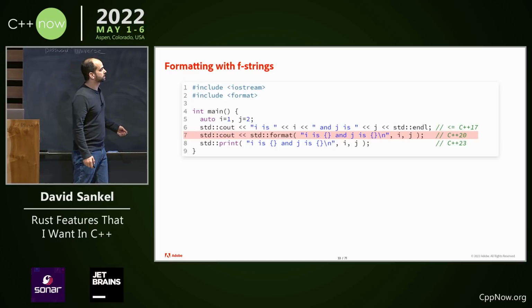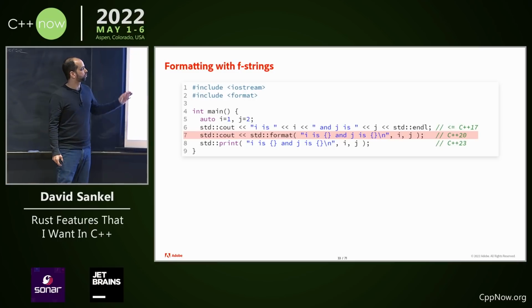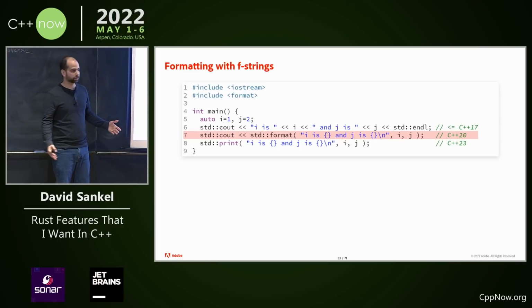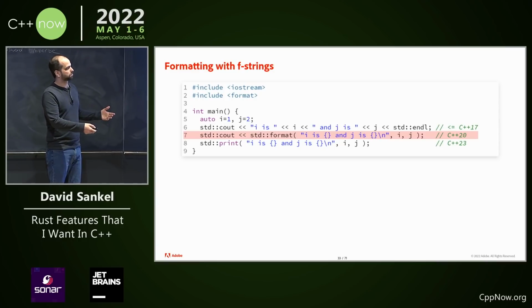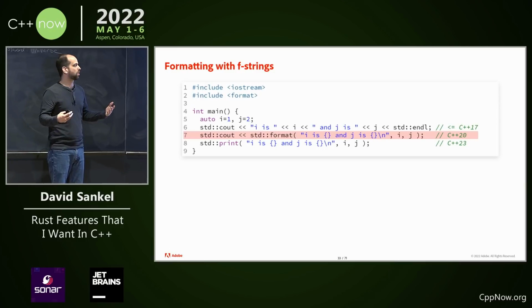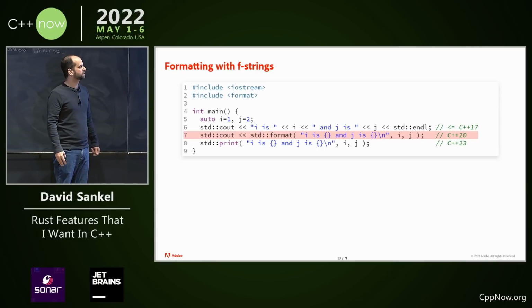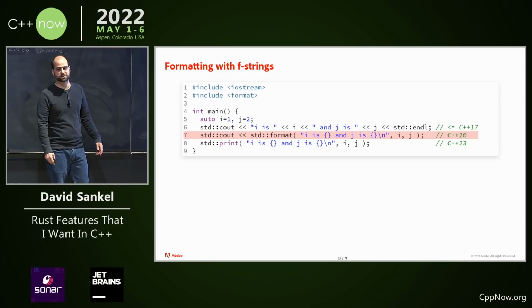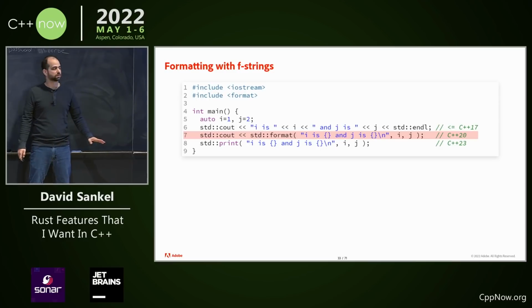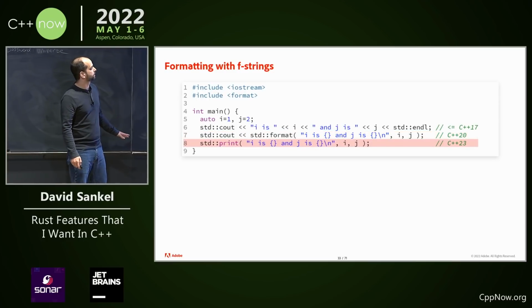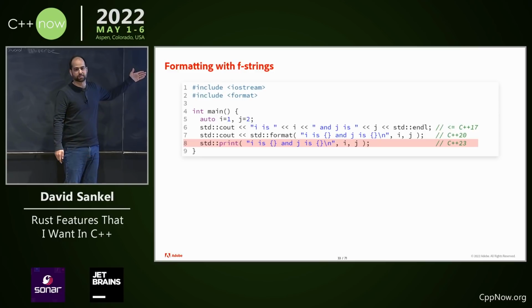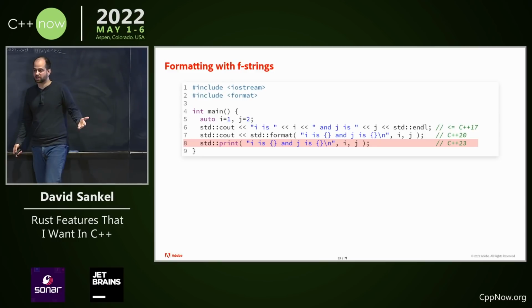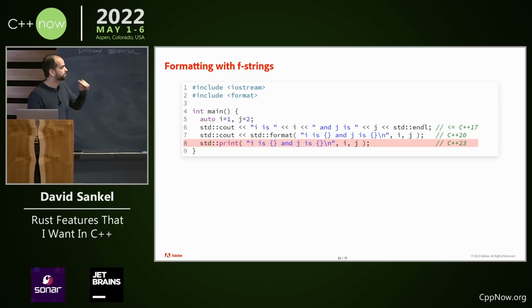So in C++20, we added this std::format thing. std::format returns a string, and it looks kind of like printf, except it has more guarantees about the correctness. It'll catch some errors at compile time. It's better, right? And then in C++23, we made std::print, so we don't have to do cout with std::format, because this is going to be really common, obviously. So this is just the evolution of what happened in C++.